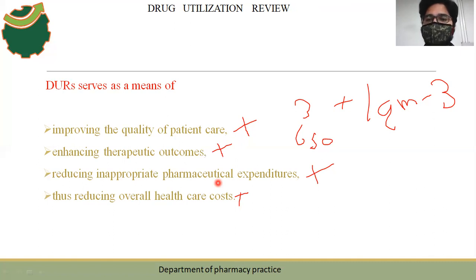We have to check whether the patient has any contraindication related to kidney or renal problems, or any other thing, or if the patient has diabetes. You have to see that, right? And another example for reducing overall healthcare cost: if you do all the interventions, obviously the patient will recover quickly. When he recovers quickly, he can go back home quickly, reducing the length of stay in hospital. So obviously he is paying less.